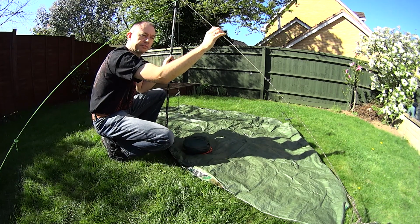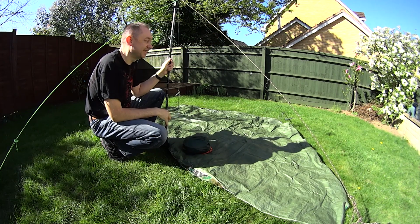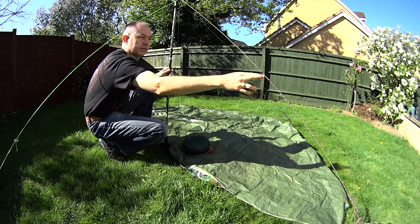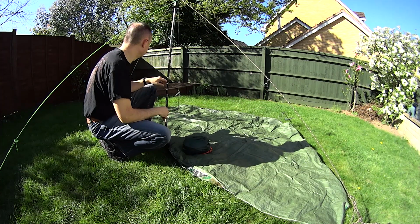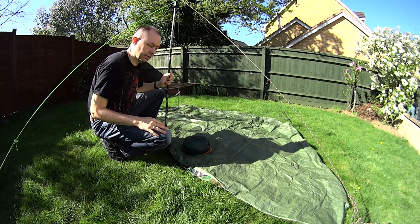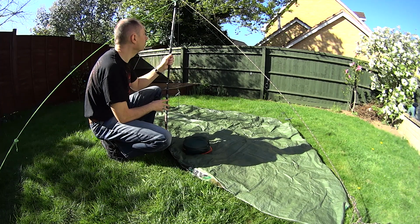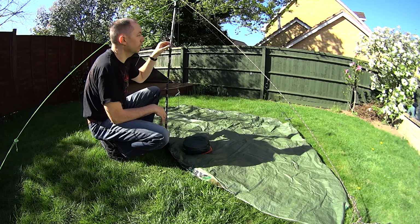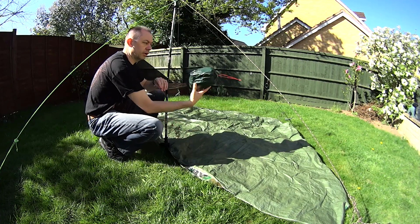This is my MLD Trail Star. I don't have one, but this is the exact dimensions where the hooks, pull-out hooks are, the lines, etc. So just to give you an idea, this is the main pole at the right height that you'd pitch a Trail Star at. So yeah, I'll just go through it and set it up. So it comes in a